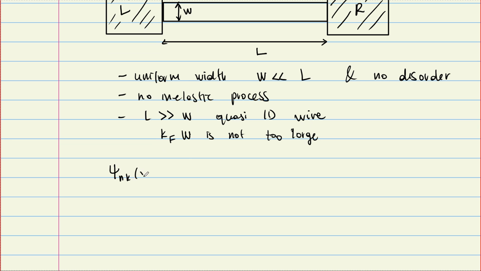Psi n k of x comma y is equal to, first there are particle in a box solutions, n pi over W in this transverse direction, and there are also plane waves in the horizontal direction, 1 over L e to the i k x,